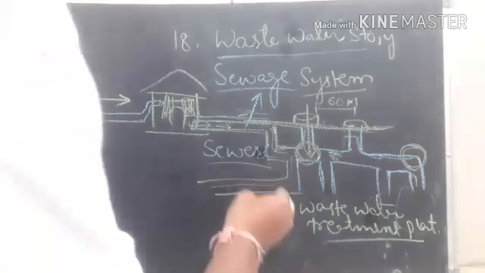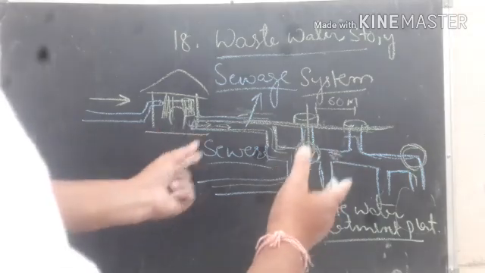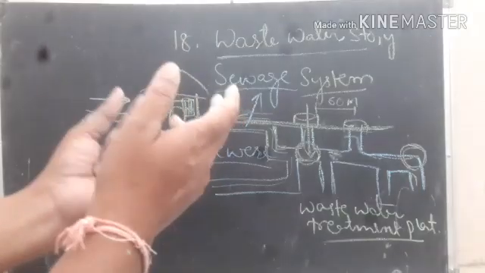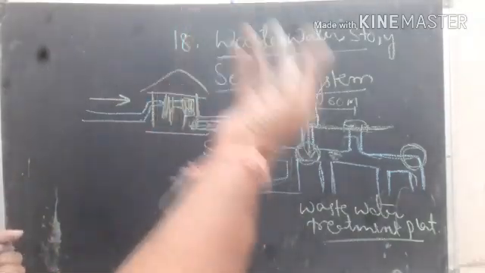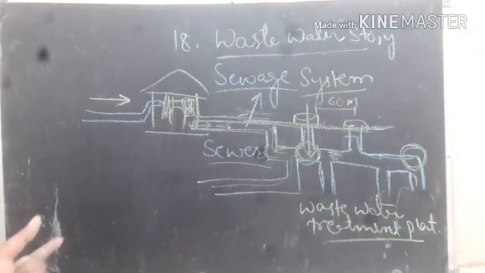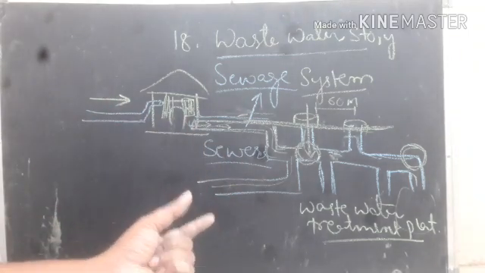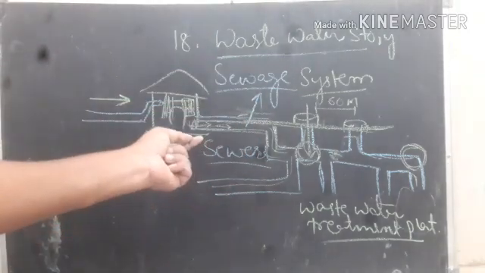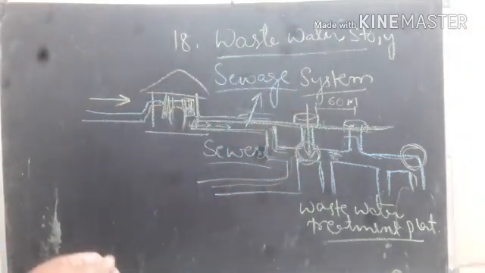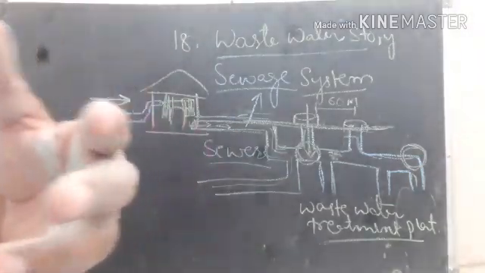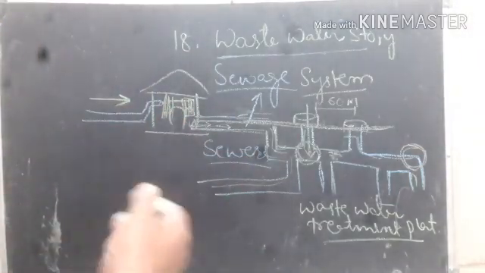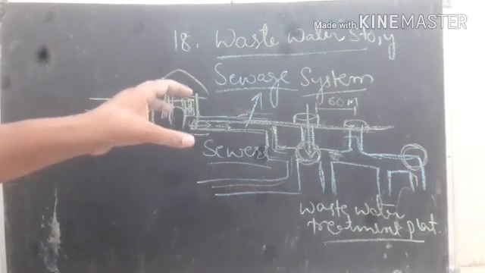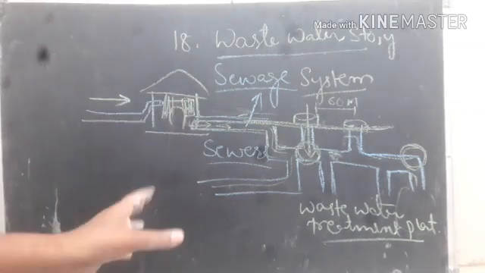And what happens if you dispose the sewage water directly into a water body, meaning a nearby canal, tank, lake or river? Then it is going to spoil the water. Why? Because this is totally wastewater. If the wastewater enters the river or lake, the total water is going to get polluted or contaminated, and it leads to many diseases, isn't it? So that's why it is very important to treat the water first.